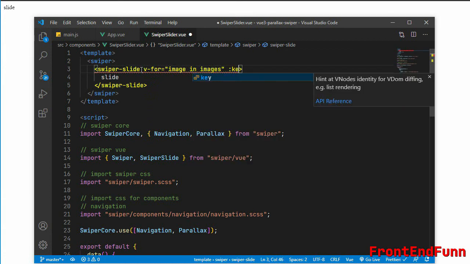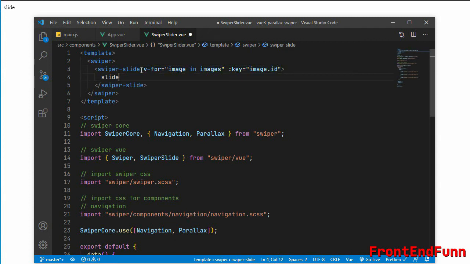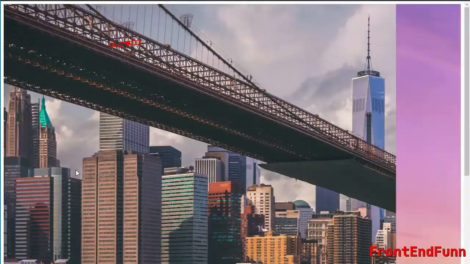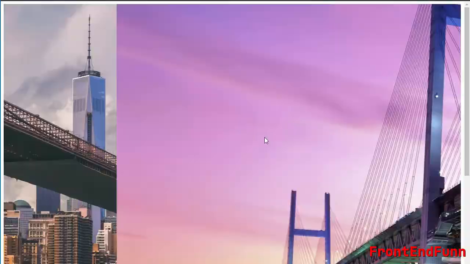Then we need to mention the key, which will be image.id, and inside this we'll create an image whose source will be image.imageUrl. So we have a Swiper slider with 3 images.